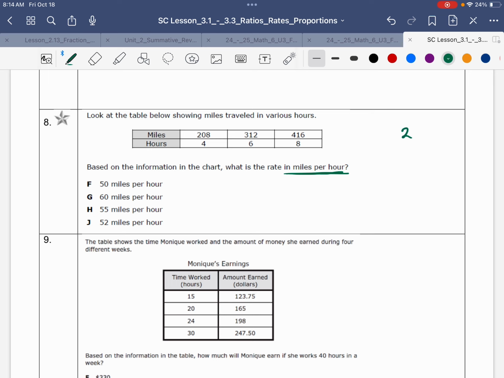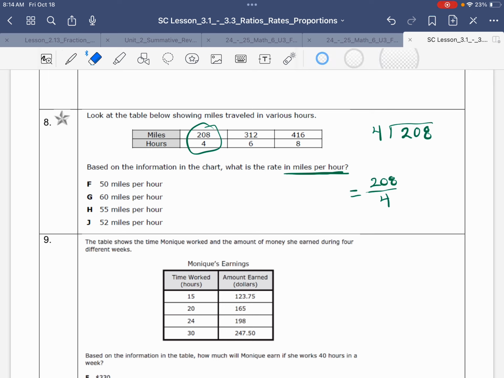So 208, if you divide it by 4, it's going to tell you how much is in 1 hour. So one rate, and what we're doing is 208, this is the proportion for 4 hours, is equal to, well, we can say on this side, so we have more room for our division, is equal to